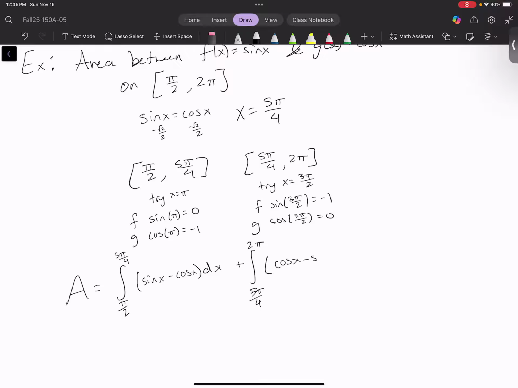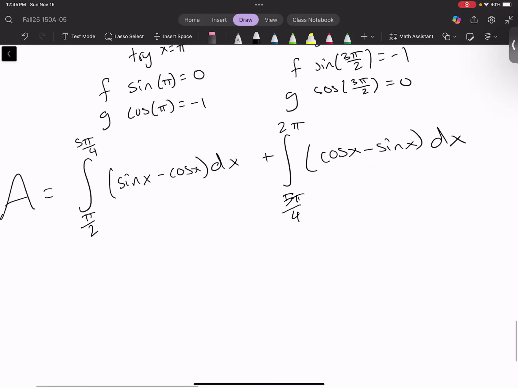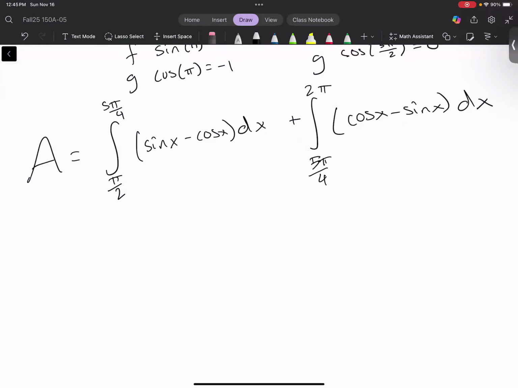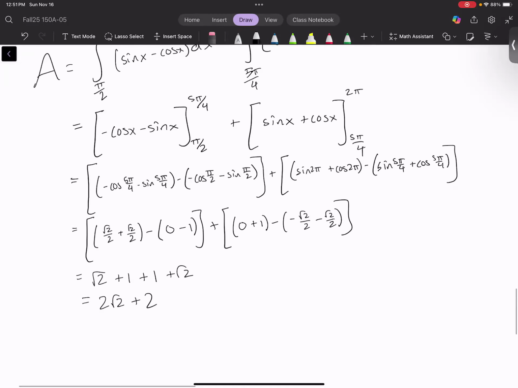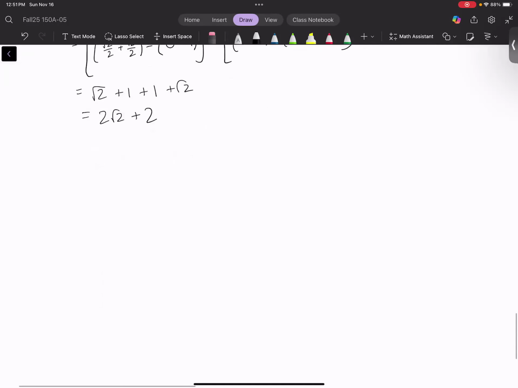So cosine x minus sine x dx. Okay, so this is our setup. Hopefully you guys got here. And then I'm just going to pause here and do the rest of it. It's all very similar to the last problem now that we got the two integrals set up. Okay, and there's our solution, 2 root 2 plus 2. Okay. All right. Let's do a slightly different example